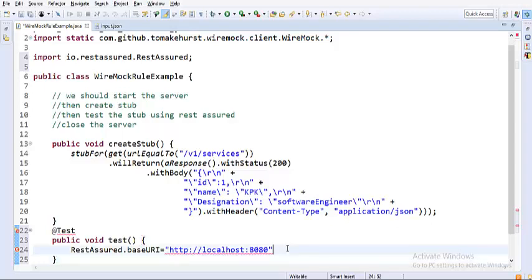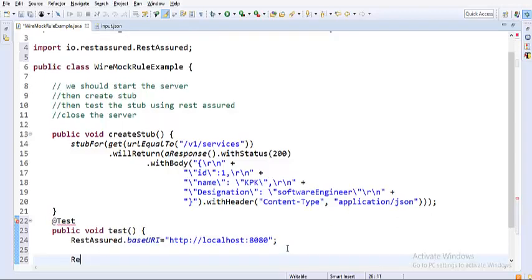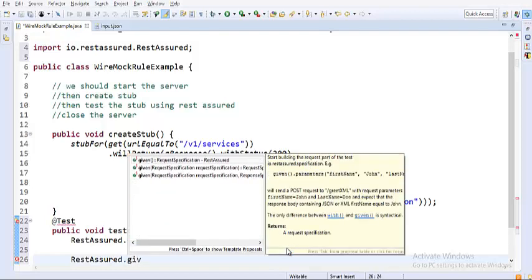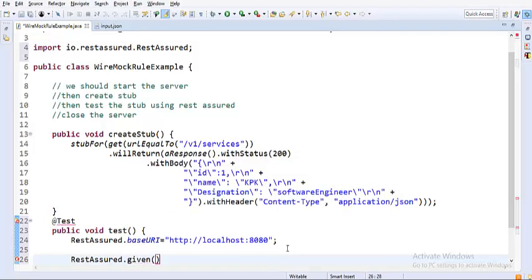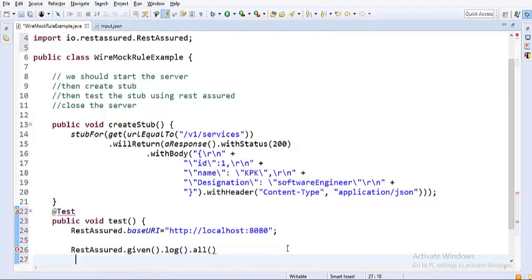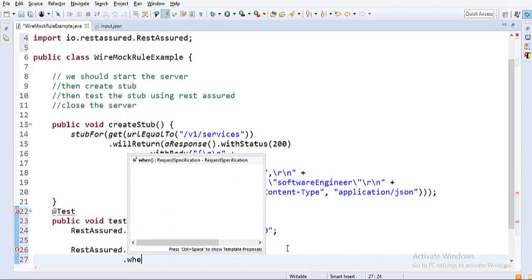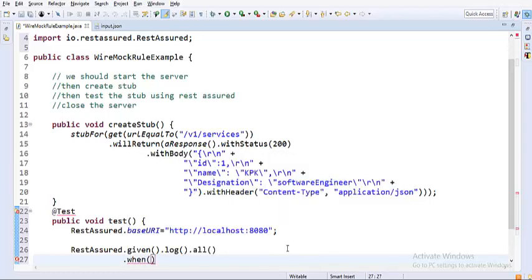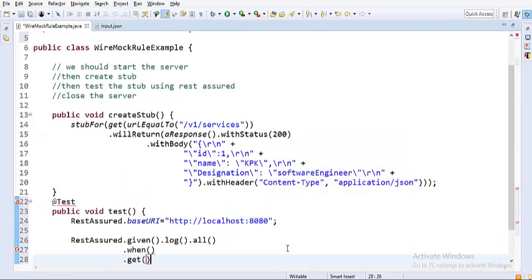Now let me proceed with the other part of Rest Assured: given, request specification, given dot log dot all. We know that we are enabling the log message, and as per BDD syntax, when the method is get, we know that the service URL is slash v1 slash services.